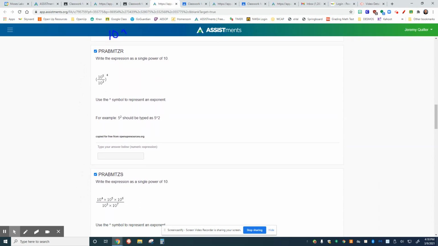This next one incorporates the power of a power. This is one that we actually call a power of a quotient. So the reason for that is because we expect to do the work inside of the parentheses first and then work on the power. So the quotient comes from simplifying the 10 to the fifth power first, divided by 10 to the third power,